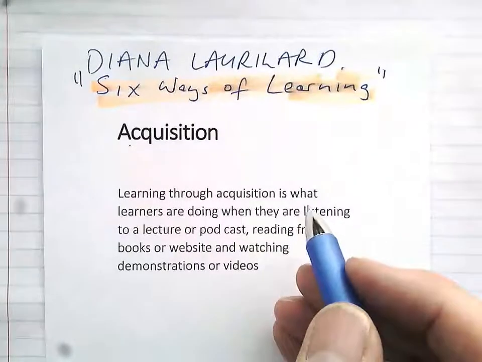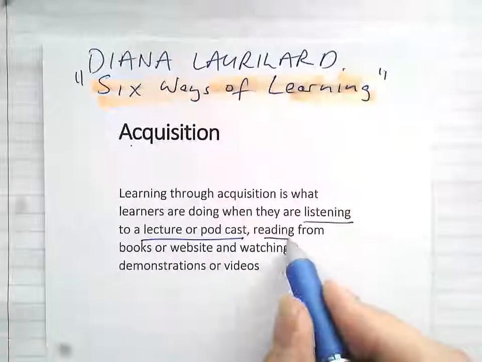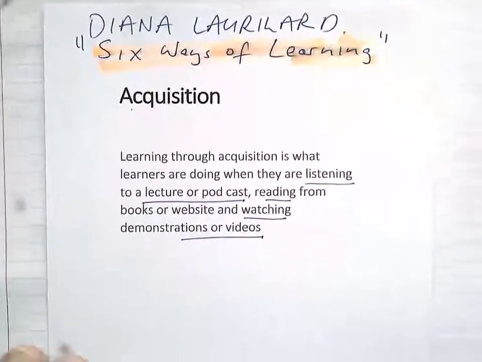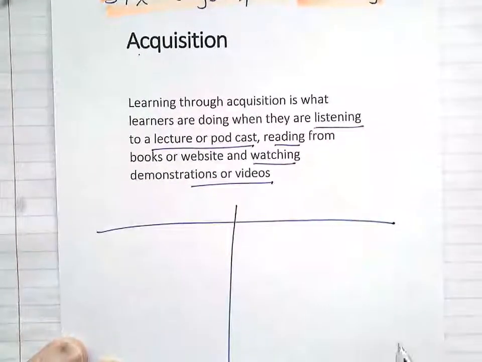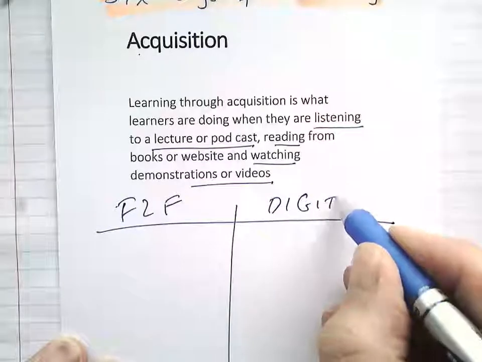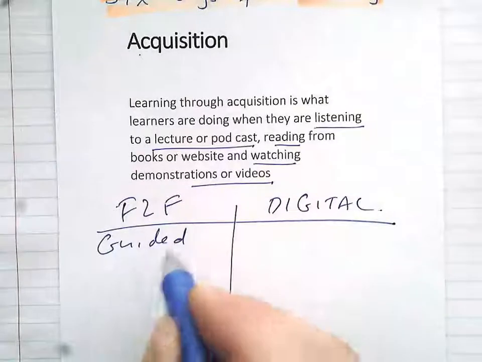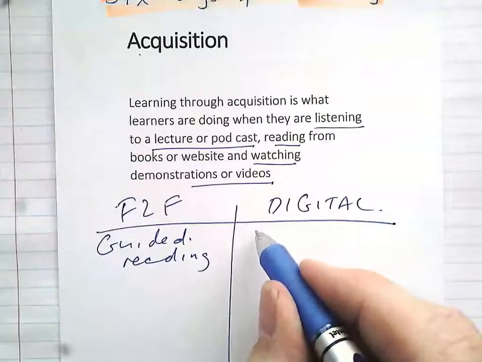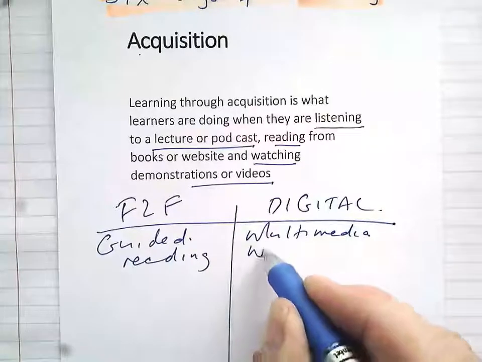So acquisition, learning through acquisition, is what learners are doing when they are listening to a podcast, reading, watching demonstrations or videos. In other words, they're absorbing ideas and knowledge. So if we draw a little T diagram and look at conventional face-to-face and a digital alternative, we have things like guided reading, physical paper, the same kind of thing you can have online, multimedia, web pages,